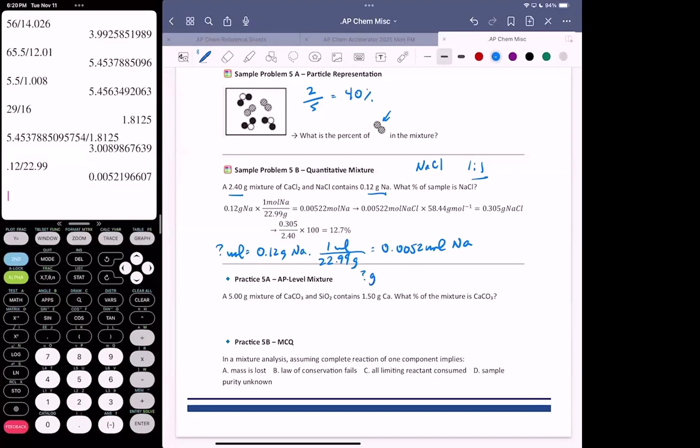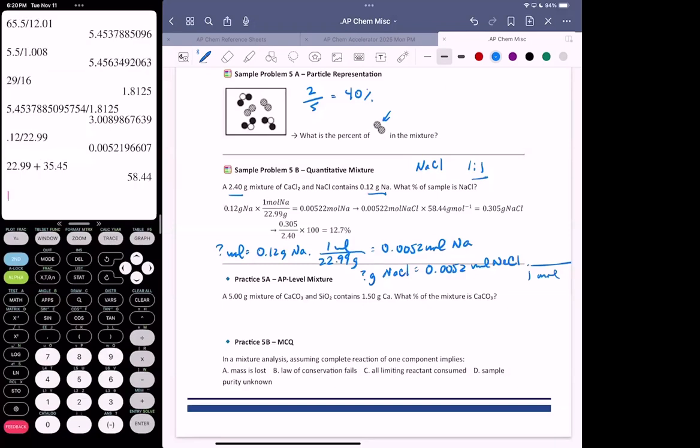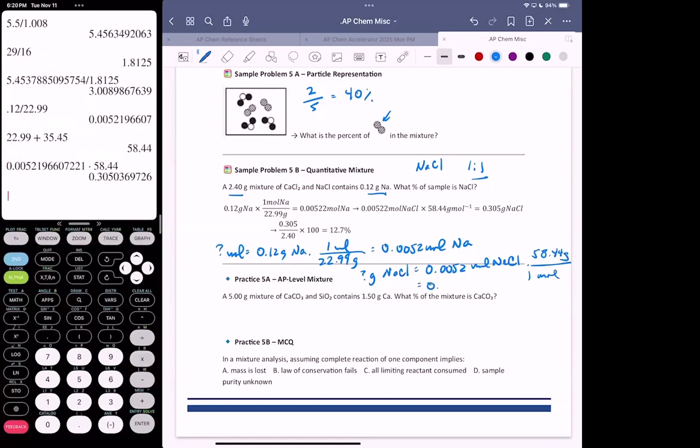How many grams of sodium chloride is 0.0052 moles of sodium chloride? It's a 1-to-1 ratio, right? I'm going to multiply it by the molar mass. So sodium is 22.99 and chlorine is 35.45. So it's 58.44 grams per mole. 0.0052 times 58.44 gives me 0.31, in sig figs, 0.31 grams of